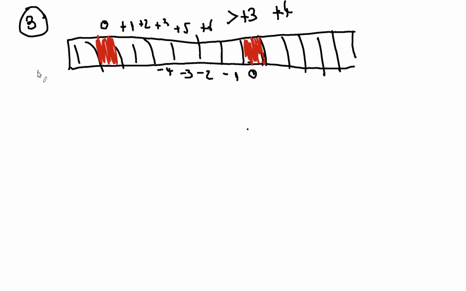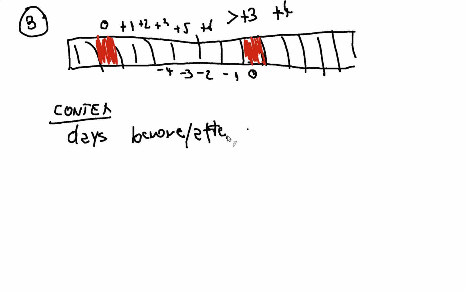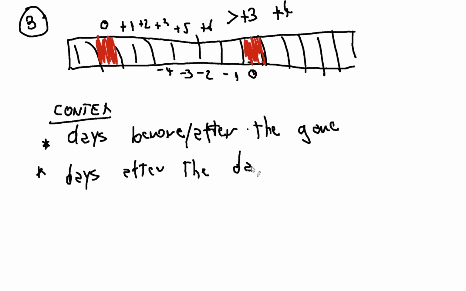So the context parameters in this case are days before and after the game. Another option could be days after the day off. I know my handwriting sucks, but so again, if we are comparing this guy over here, the wellness score of